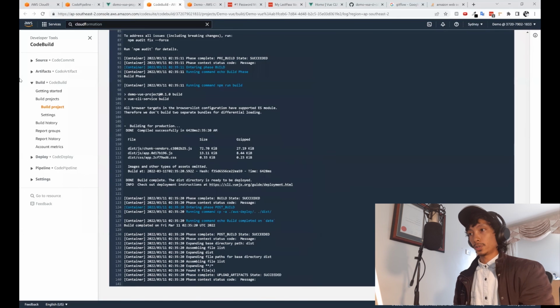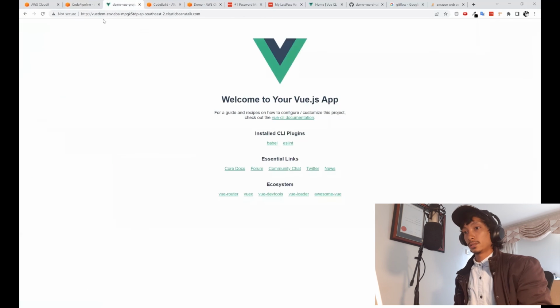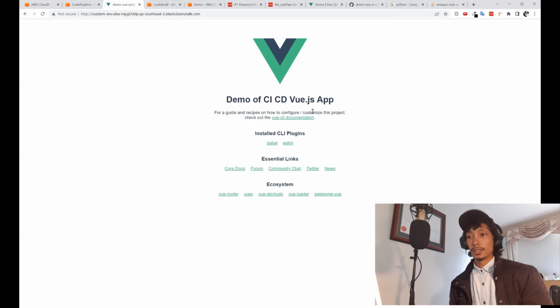Yeah, so that should be finished, and it looks like it's deployed. So we've changed the title to demo of CI/CD Vue Js, and it's populated the changes into the server. And yeah,